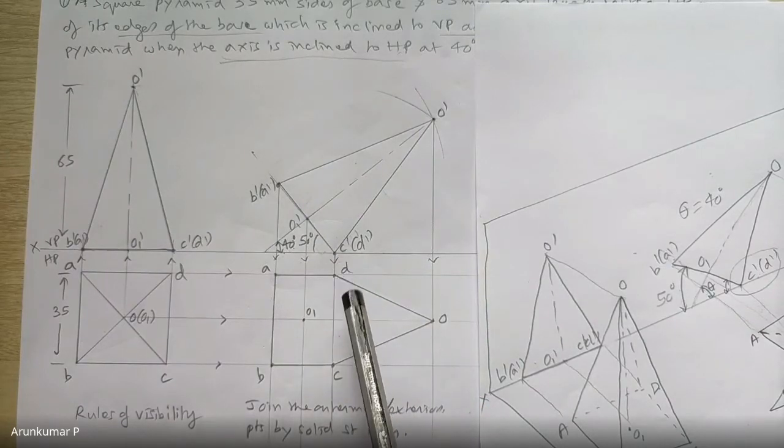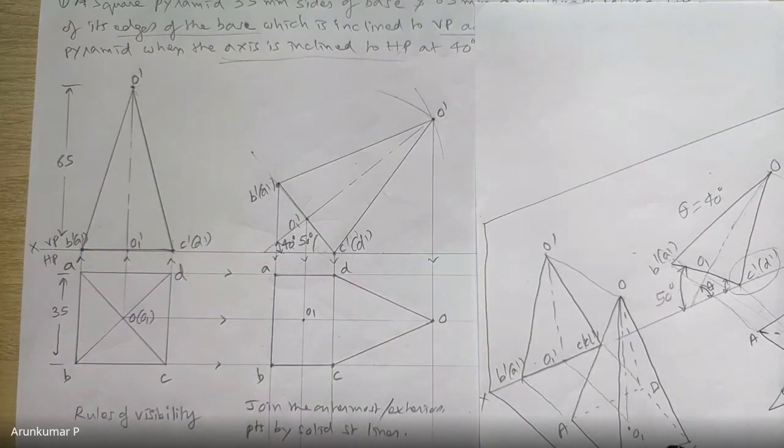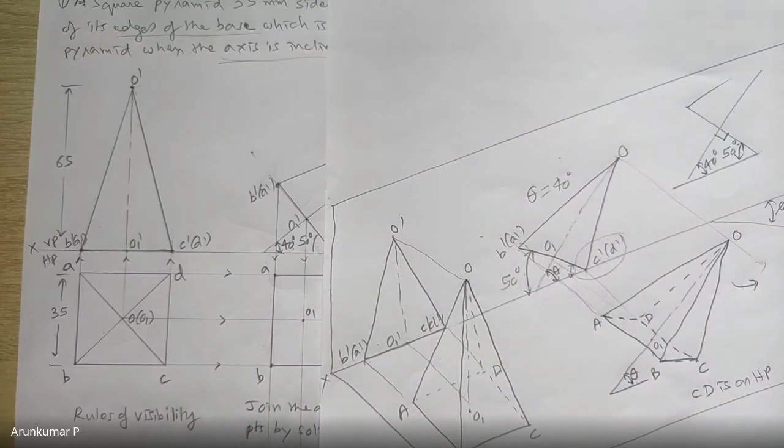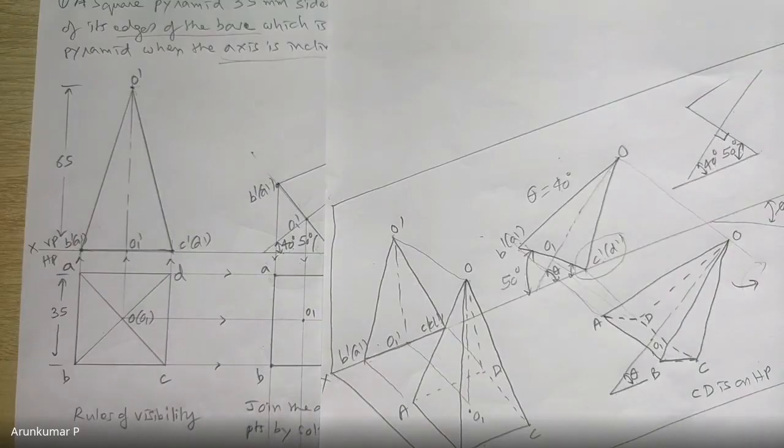See, there are 5 entities here basically. There are 4 triangular faces and 1 base square. So now tell me, in the top view, what all do you see? What do you expect to see? How many triangular faces do you think are seen out of the 4 in the top view? Two. Out of the 4 triangular faces, will you see all the 4? Will you see 1? Will you see 2 or 3? And most importantly, will you see the base or not? These are the questions that come up.